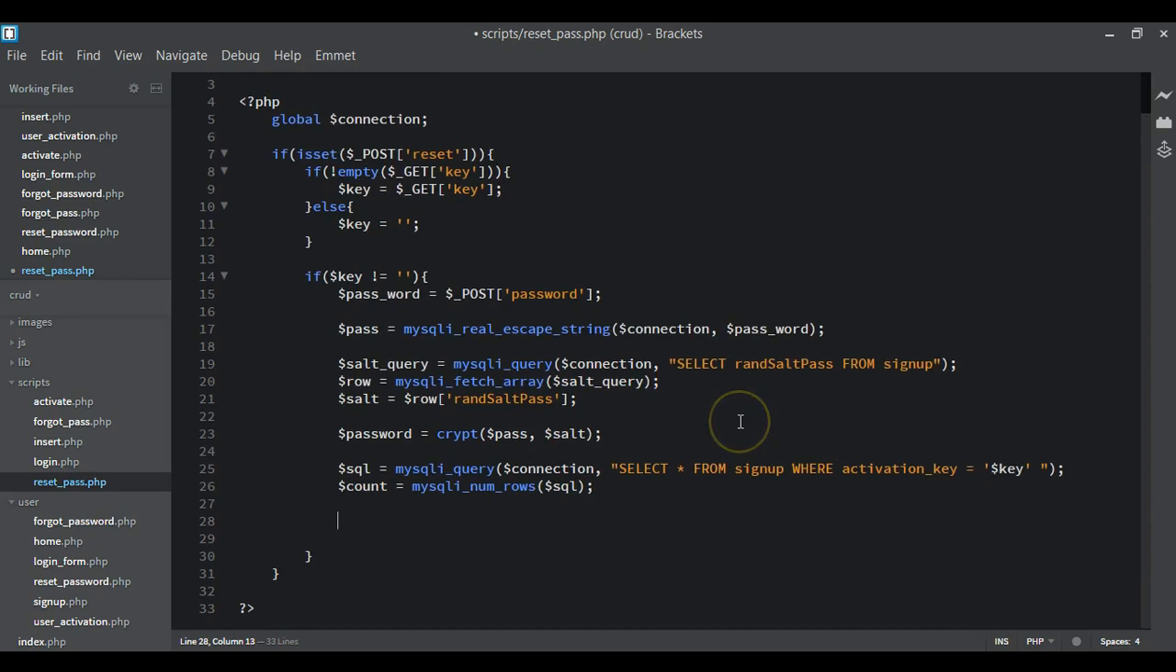Now the next thing we want to do is make sure that the input field is not empty. So if the input field is not empty, then we are going to submit the form. So we check if it's not empty, then we use the pass underscore word. After which we're going to use this count variable to check if it returns a value greater than 0, or if it returns 1, then we should continue with the process. So if count is equal to 1,